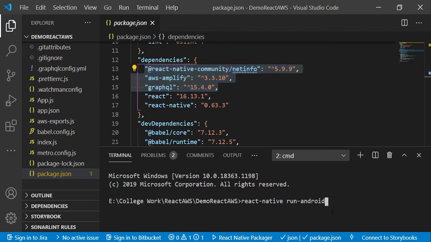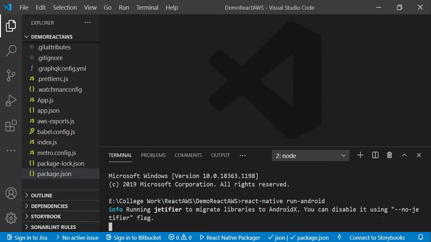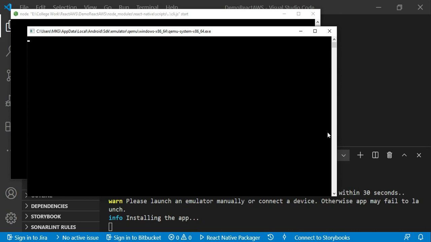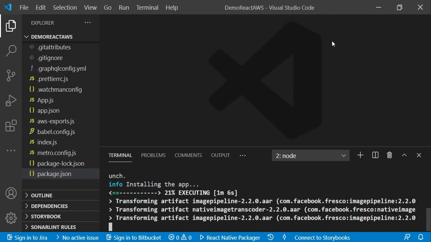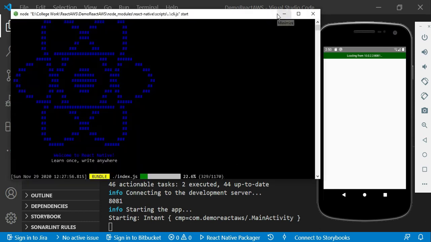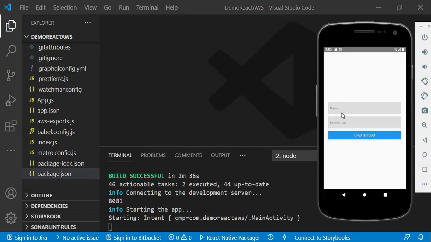Okay, now I am going to execute this particular code. So here in the terminal, press enter. Okay, so here see we have got the output of our program.